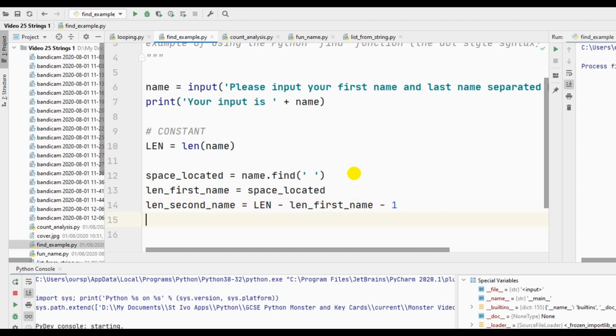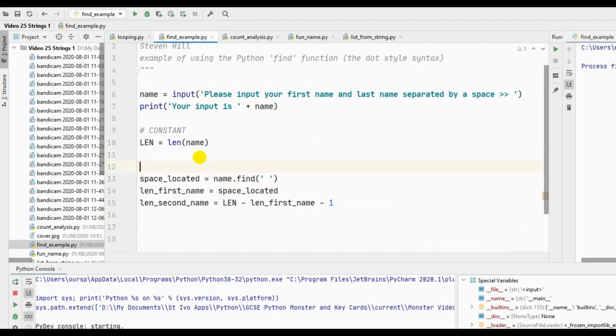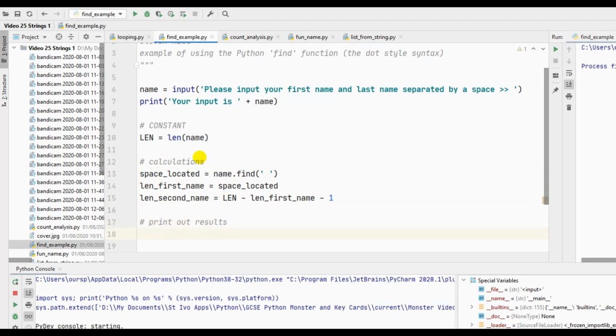Okay, so we need to print out some relevant output. Let me just put a comment in here, guys. So let's put in here calculations as our comment, and then here my comment will be print out results. Okay, and then some formatted print. So let's say your first name is, then I want to say the length and then characters long. So that's what I'm after. So your first name is,